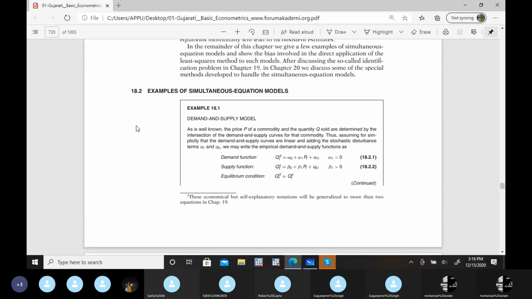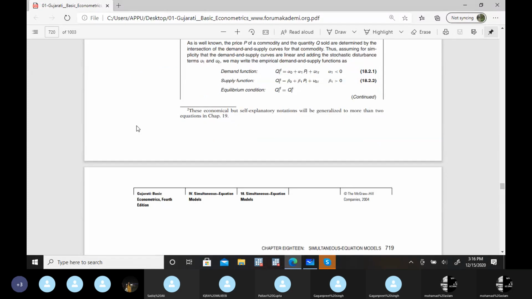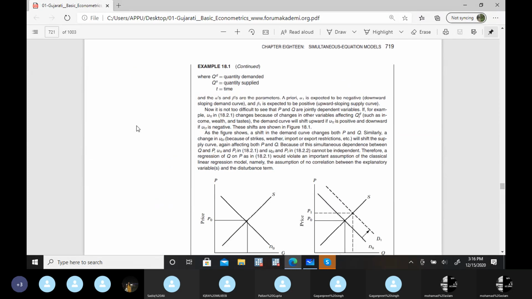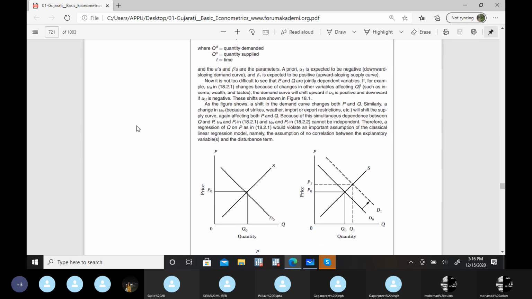I'm taking this from Gujarati. For example, this demand and supply function. Either we have a demand function or a supply function. Like Pallavi is saying, if it's a positive slope like this, or if we have a graph of this particular nature, we may guess that it's a supply function. On the other hand, if it's a negative slope, then we may guess that it's a demand function. So accordingly, we can run the regression and estimate the parameters.